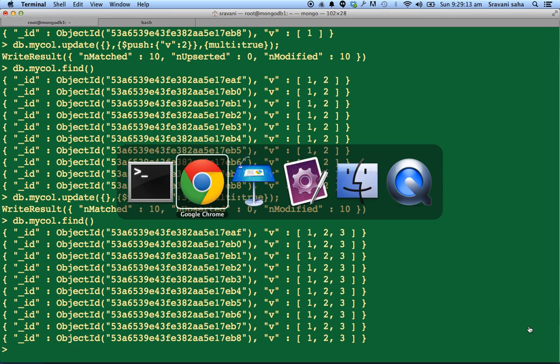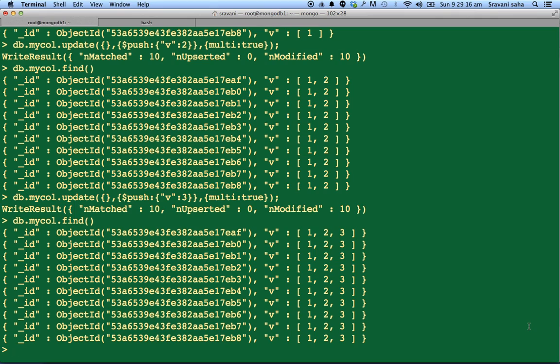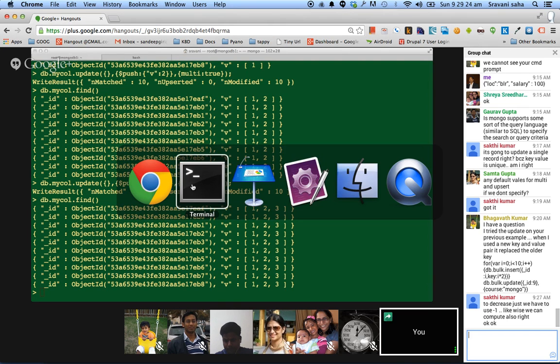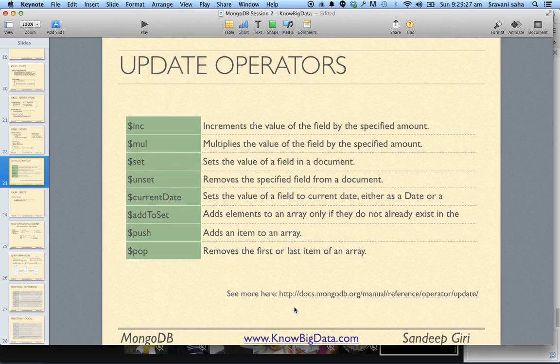Okay, and you can combine these operators one after another, like multiply and everything, and you can modify your content. So we talked about how the various operators in update work, and we also touched a bit upon find. So similarly, addToSet, we talked about addToSet is similar to push, but only unique elements. If the new value does not exist already, then only it will work. Okay,